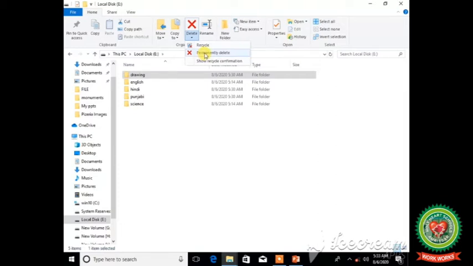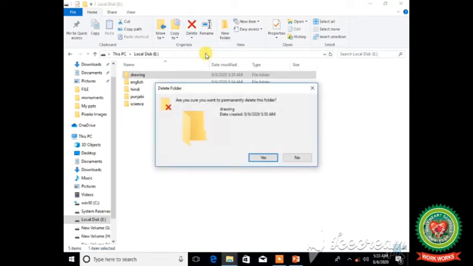So I am going to click on Permanently Delete, and it will not be saved in the recycle bin folder. So click on Permanently Delete.